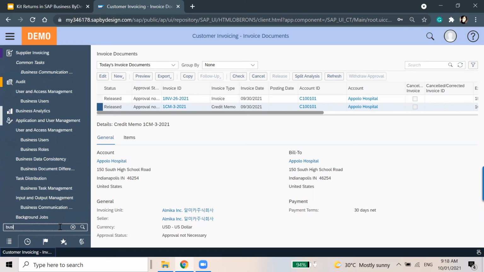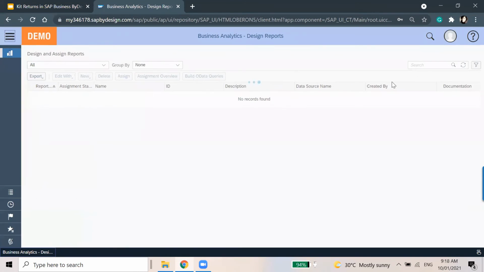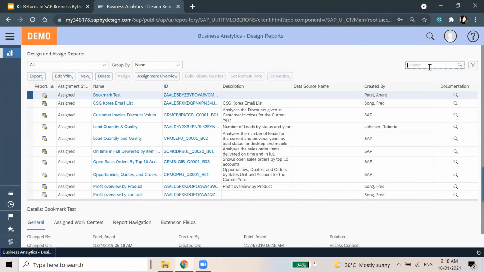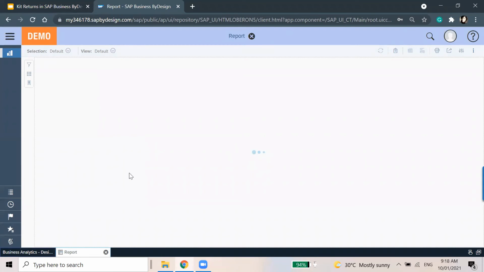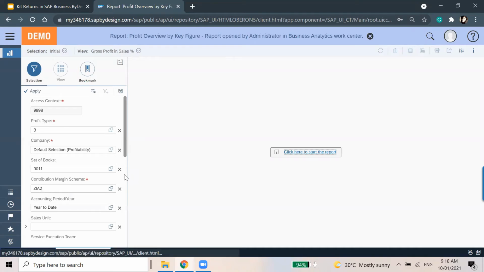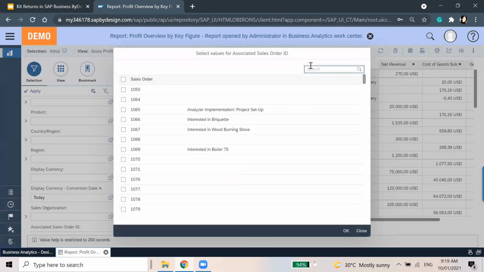Now I'll show you how the net value has been calculated. I'll show you one report. The report is already familiar to you all, which is profit overview by key figure. Let me take the particular sales order ID.